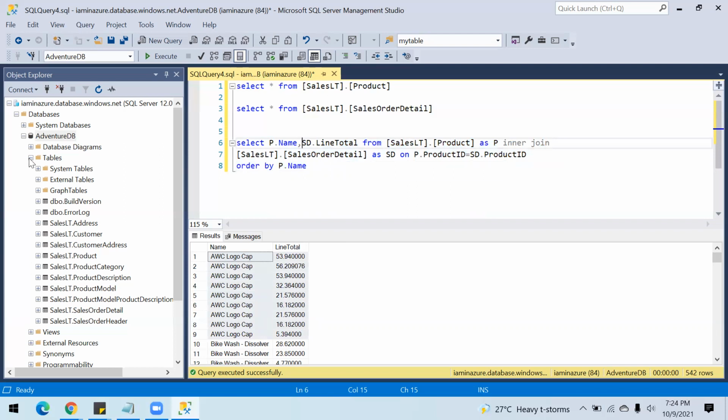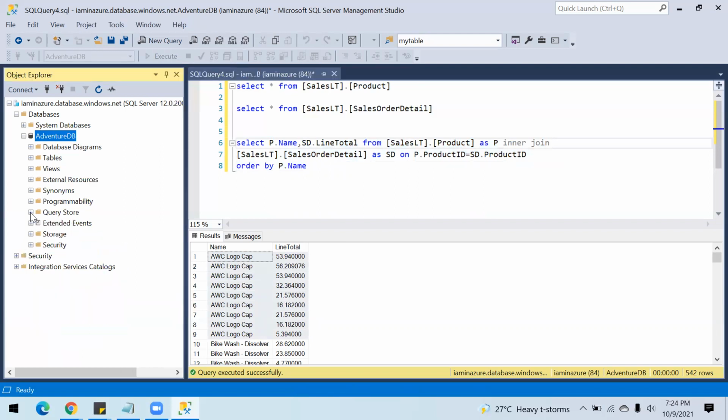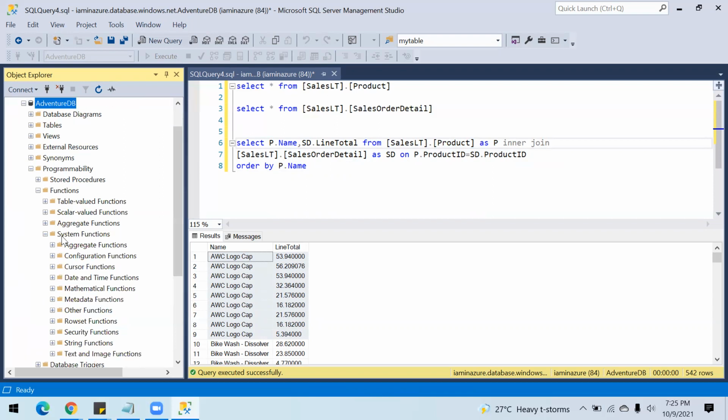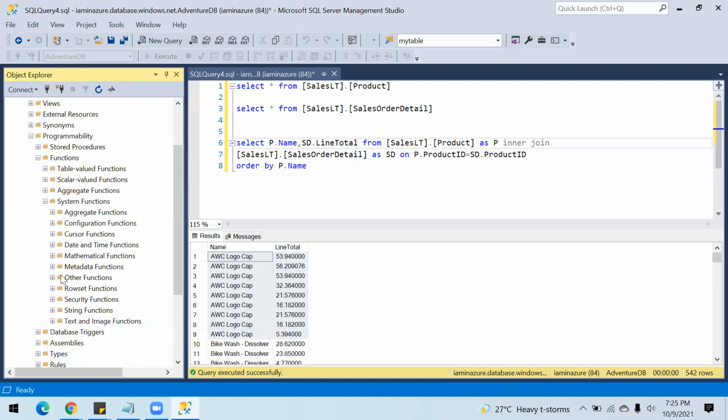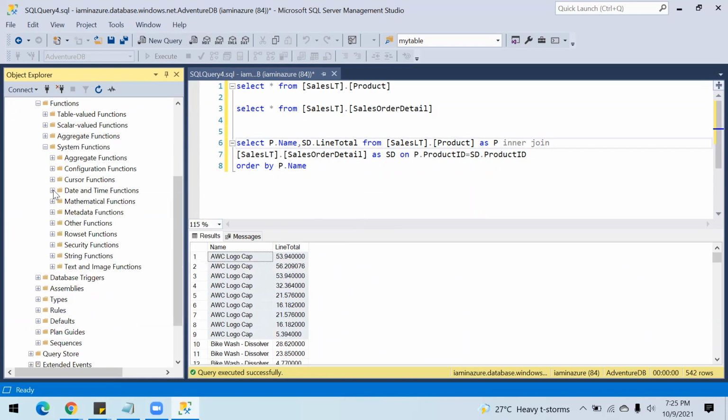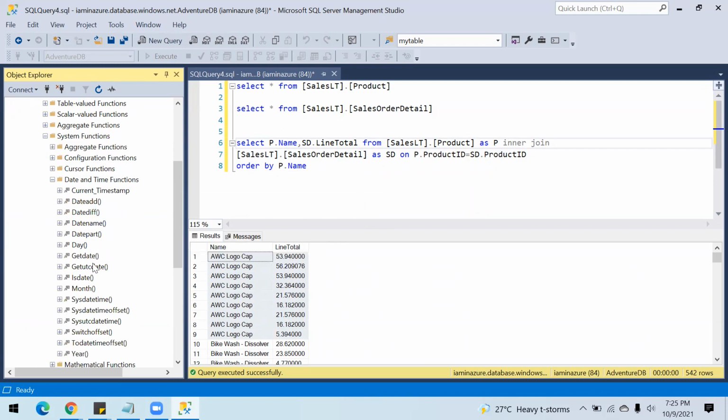So we have different types of aggregate functions inside Azure, inside SQL Server. You will be able to locate them in the functions. If you go here and look at the system functions, you have different functions. Right now I need aggregate functions, which are listed here. You have the AVG, average, count, max, grouping, min, and so on. Otherwise, for date functions, you have date add, date diff, date name, date part, get date. All these are for date and time.